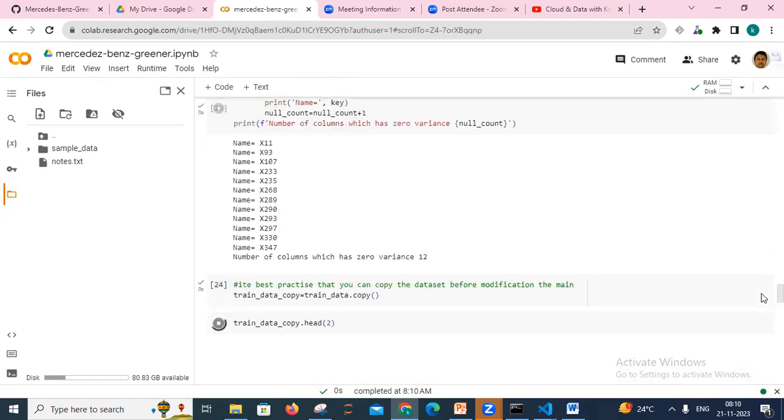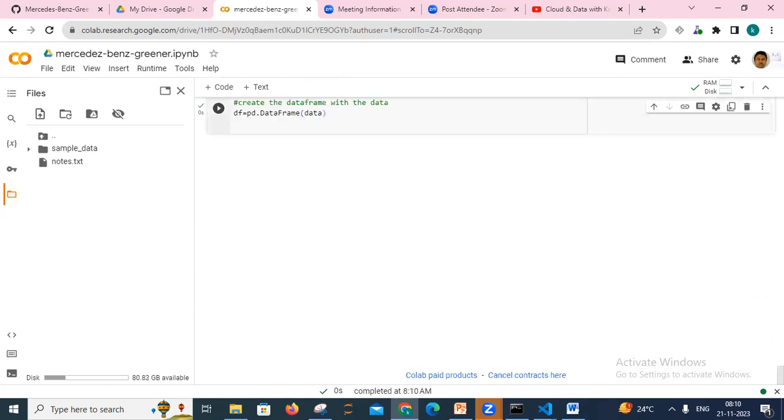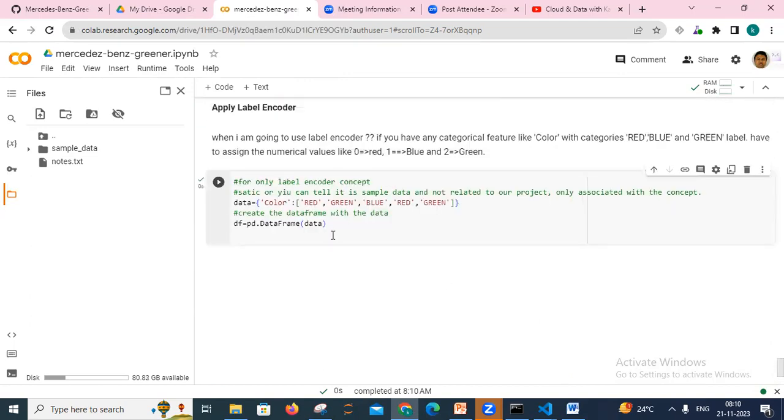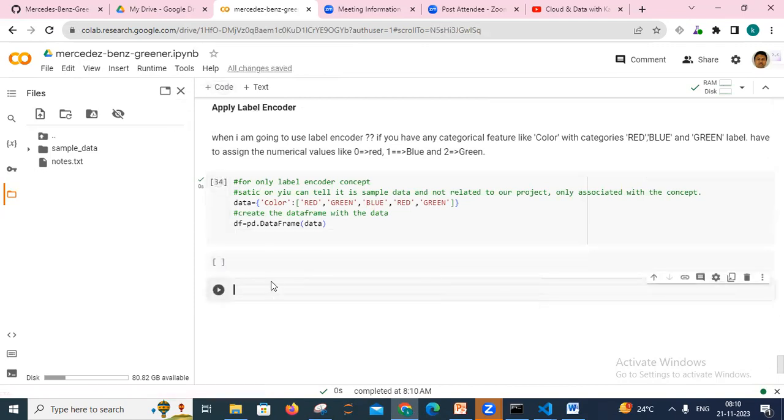It's now, I think, working. Yes, you can see each and every cell is working. So DF is there, so I can get the DF also. Now you have to initialize